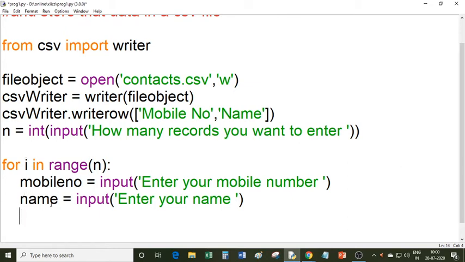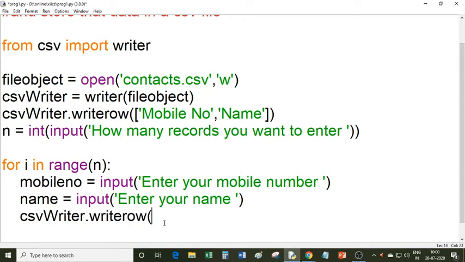After getting the mobile number and name from the user, I want to write this mobile number and name in a CSV file. So how can this be done? Write csv_writer.writerow. This writerow method will write a record inside a CSV file.